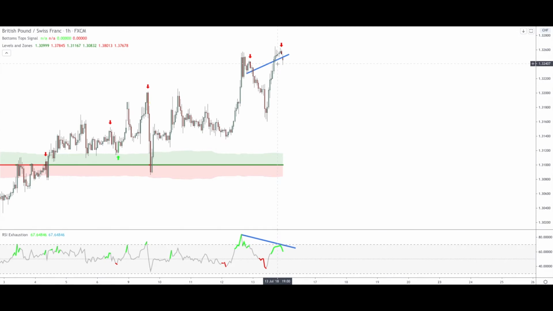The second condition is to have the RSI down here to be exhausted, which means that since the RSI is going down and we are expecting the price to go down, this exhaustion, bullish exhaustion, because it's green, is saying that the price doesn't have too much room to go any higher, okay? This is because the RSI is going down and it is exhausted,